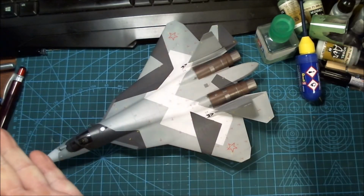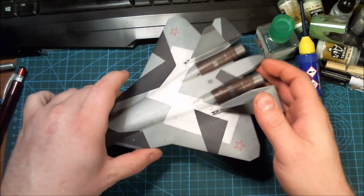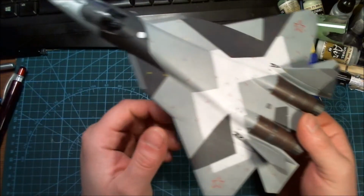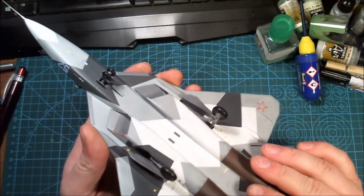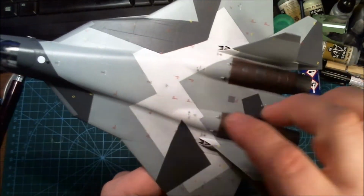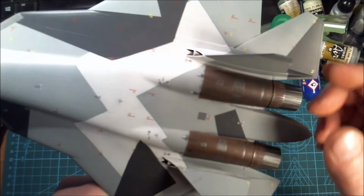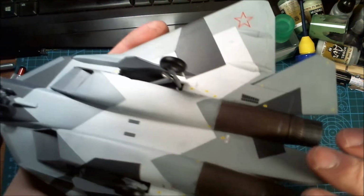And voila, there she is, all finished up and looking somewhat smart, at least to me. But yeah, weird video, I know, but here she is all done up. And all the decals added, every single one of these tiny little decals added, and on the bottom as well,